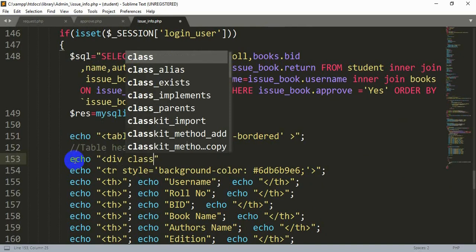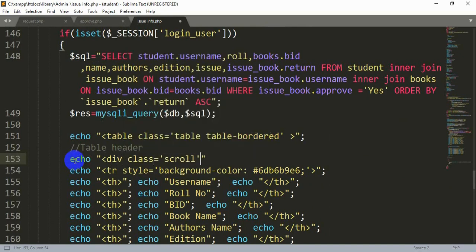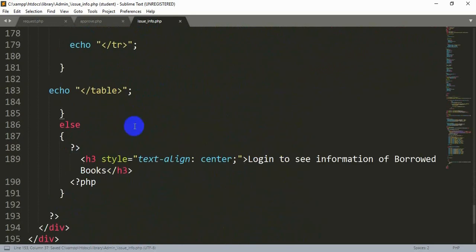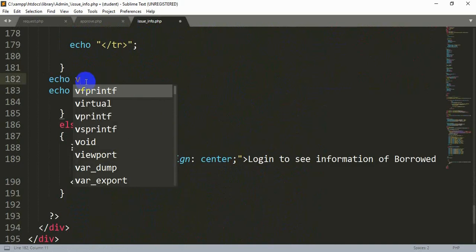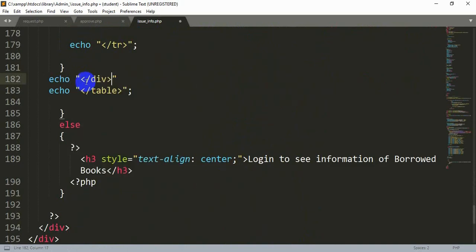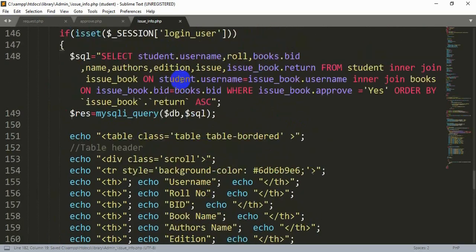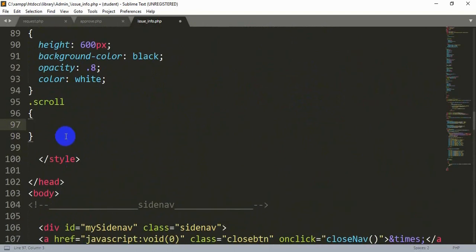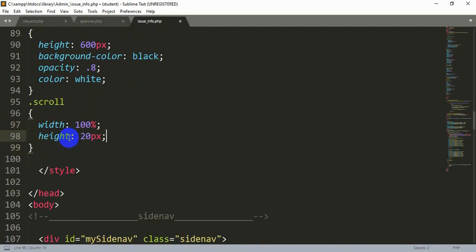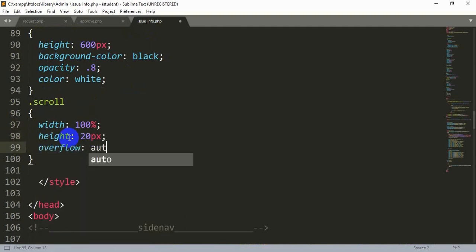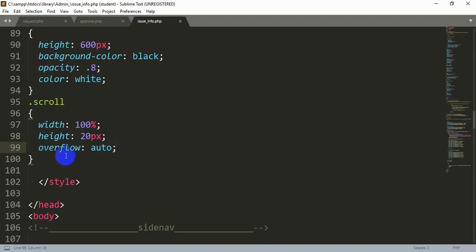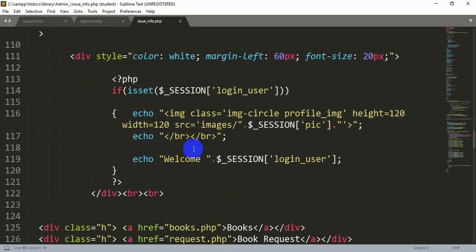Then here I will write a class that will be scroll. We need to add scroll because if our table is very long, then the table will be cut on the lower side. We cannot see all the values because of the size of our page. So we are using a scroll so that our table scrolls after a certain height. So we are using a height here. I'm just using 20 pixels because I need to understand it, because we don't have that many values here. I will change that later, but